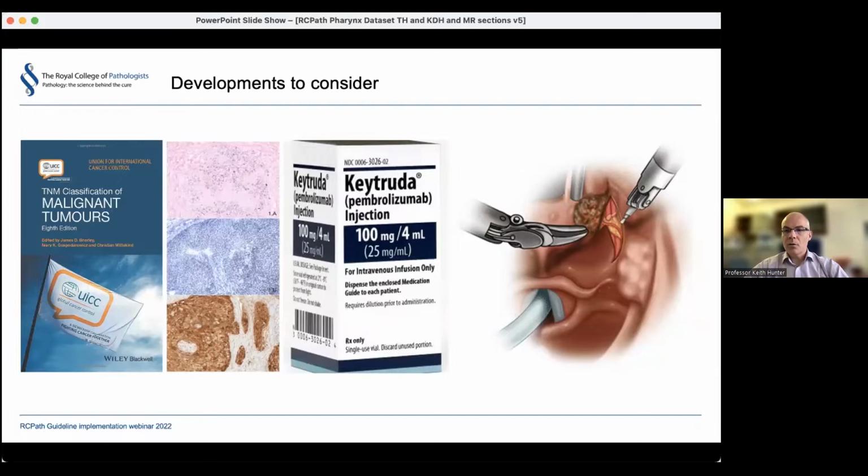The last thing which was noted and was discussed to some extent in the 2013 classification was the issue of transoral laser surgery and transoral robotic surgery. This is something which has increased dramatically over the intervening period and brings with it a number of interesting challenges in relation to the specimens and how we assess the specimens. And so we have increased the amount of guidance which is present in the current dataset in relation to that.